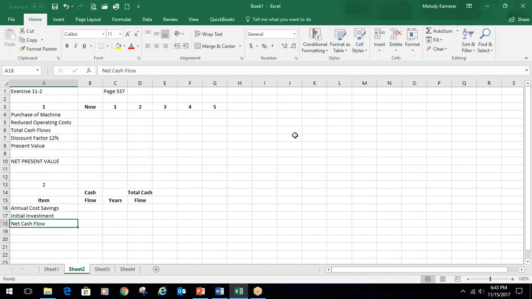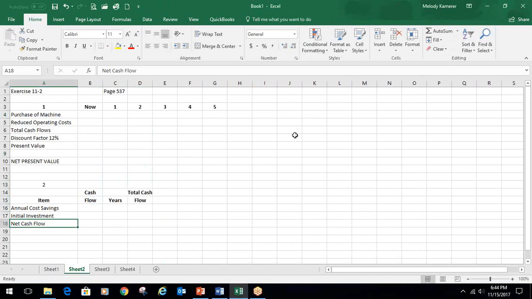So those tables are important when we're looking at the present value method of looking at whether capital investments are something we want to do or not. So, in exercise 11-2,